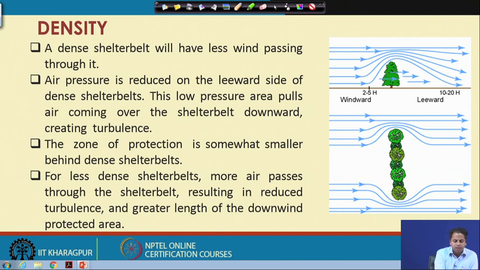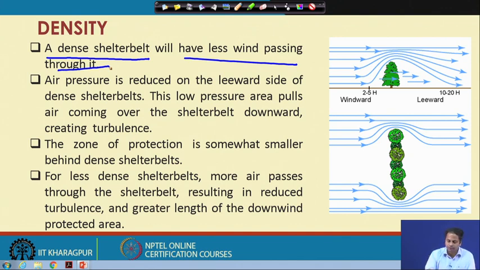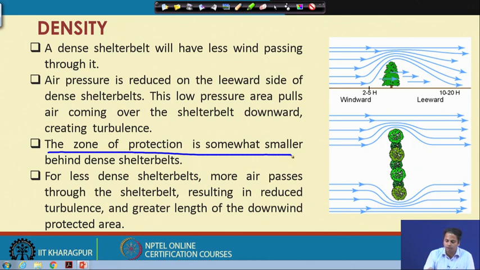Okay. So what we say, a dense shelter belt will have less wind passing through it, and it will reduce the pressure on the leeward side, which will reduce the length of protection. Okay. So, the zone of protection is somewhat similar behind this. So we can see because of this, the zone of protection is somewhat smaller behind the dense shelter belt. So, if the shelter belt is very dense, the zone of protection will be relatively smaller as compared to the